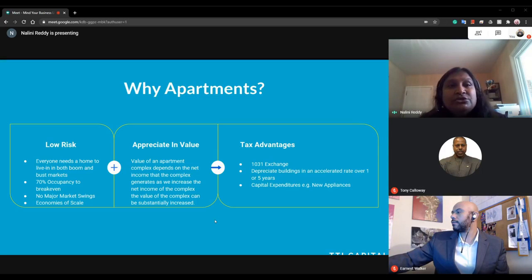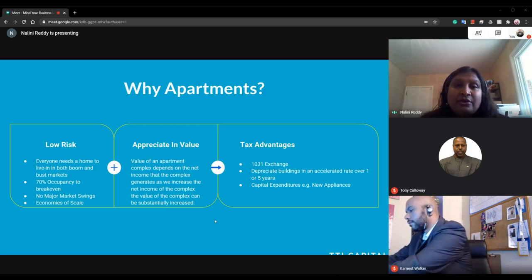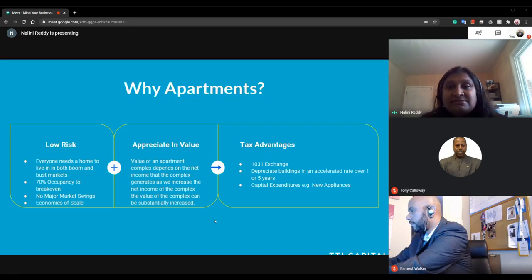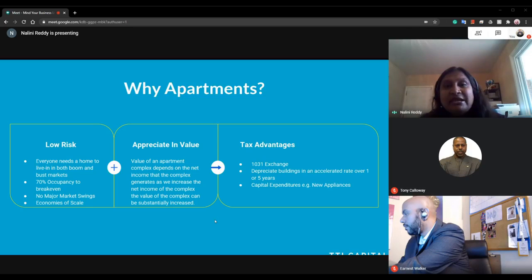In addition to apartments being low risk and giving us control to appreciate in value, there are several tax advantages. Again, I'm not a tax expert, but I would advise anyone listening, if you have never talked about taxes with a tax consultant, now is the time to get an expert engaged to help guide you through this. There are a few things I want to highlight. One of them is the